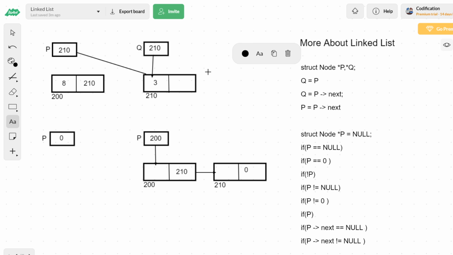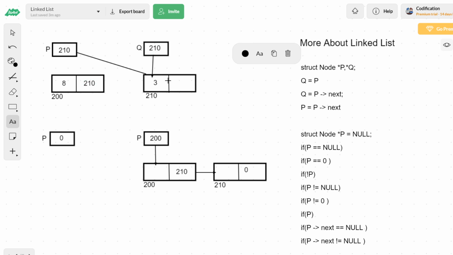Next, if you want your q to refer to the second node, where is the address of the second node available? In the first node. So from p you entered into the first node, accessed the next member, took the address and stored it in the pointer q, such that q started referring to the second node, because you have taken this address 210 and stored it.